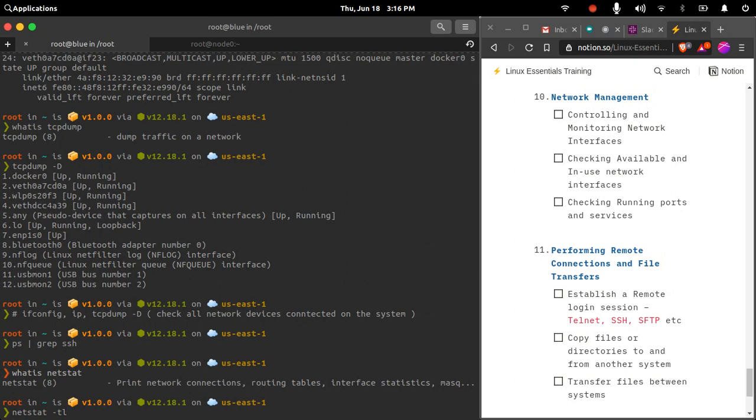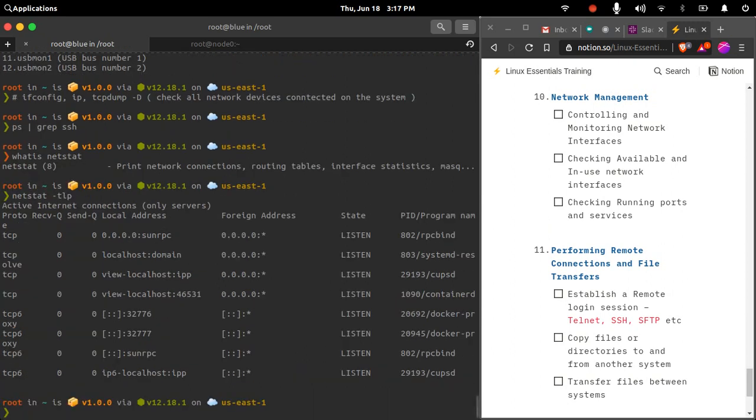I am looking for all the TCP ports. So these are the options. There are a lot of options here, and you can configure those options according to your need. Here -t means look for TCP connections, l means list all the connections that are in listening mode, and p is to print the program name as well. If I type this command here, you will get this output.